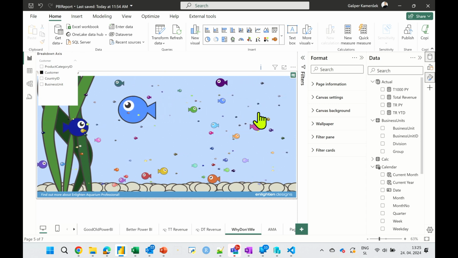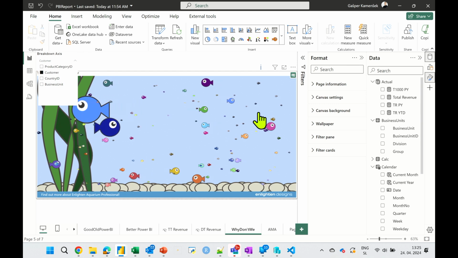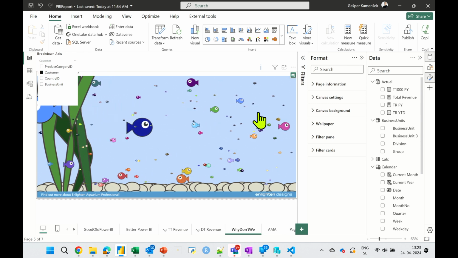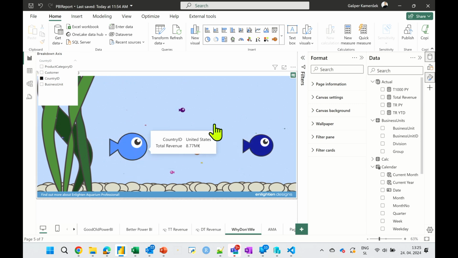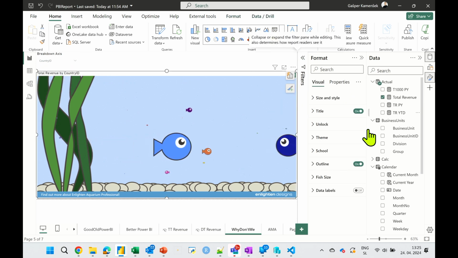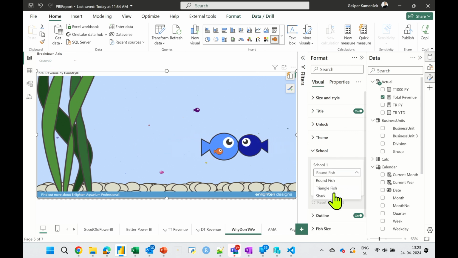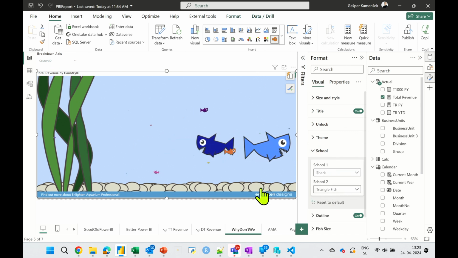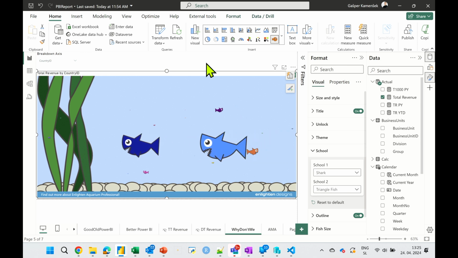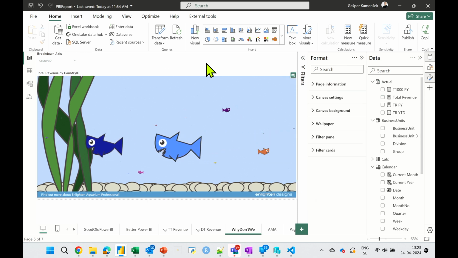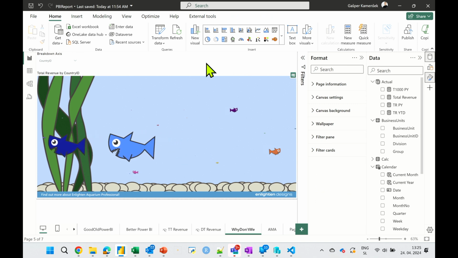It kind of gets better, even though you should never do this in real life. But it kind of gets better. What if these were, and let's go to countries again. What if these were actually my suppliers? Then I could take this, and I could change this into sharks. Now that, I think my boss would really appreciate this, all right? So again, you should never do anything like this. But what I'm getting at is, in Power BI, you can. There's a visual that does this.